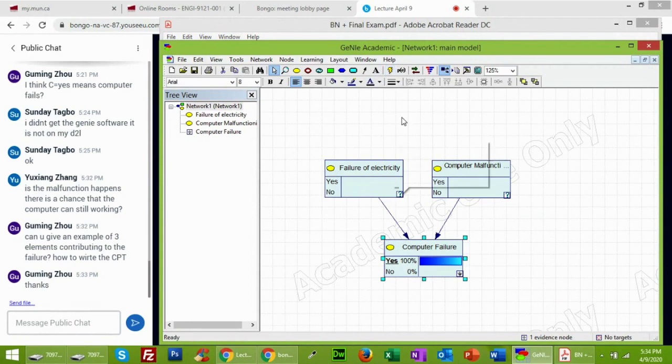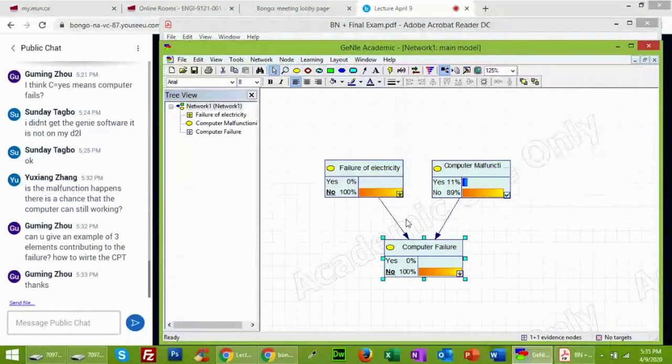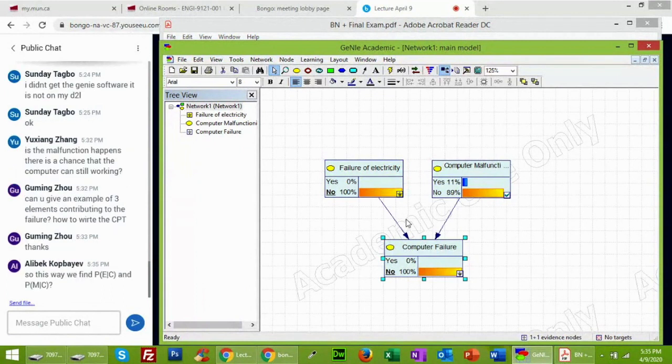Here you can see we have the question mark. So I go there and I update my probability values. It will change the values of your probabilities as per your evidence setup here. Or I can also do that for the computer failure probabilities: I can set this to no, and I can update my probability values here. So this is very easy. As soon as you have the new information available, you just need to update your Bayesian network and find out the values.